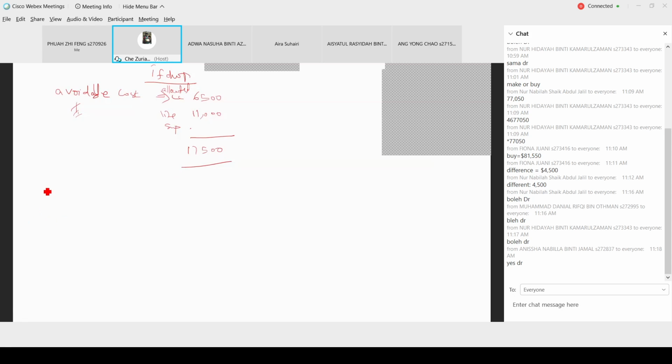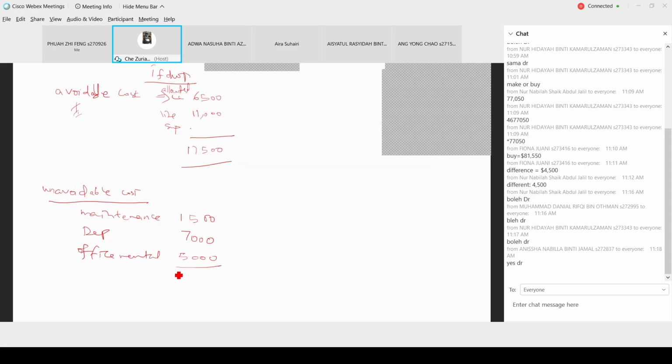Okay, so unavoidable cost maksudnya if you drop the cost, avoidable. Macam lah. Okay, avoidable cost. If you drop the cost, maintenance of equipment, depreciation and also office rental still there. Wujud cost ni kan, walaupun kita drop still ada. And then office rental 5,000.